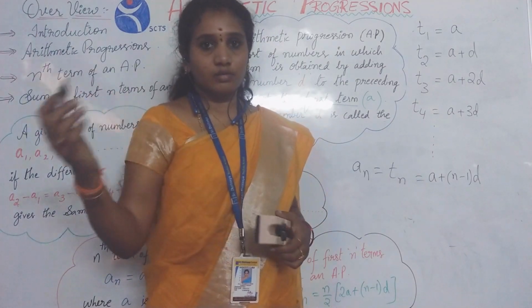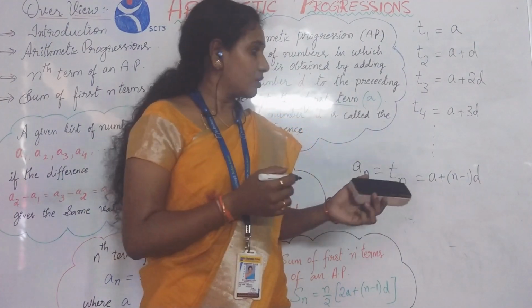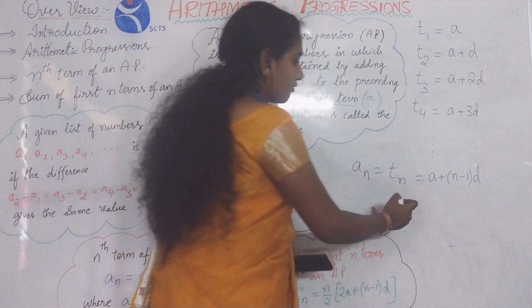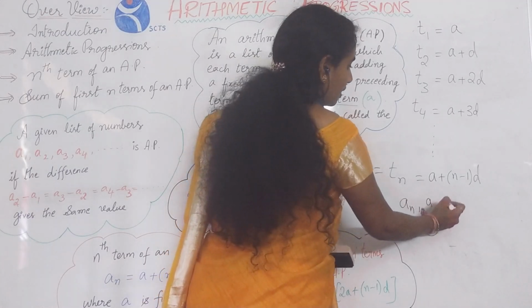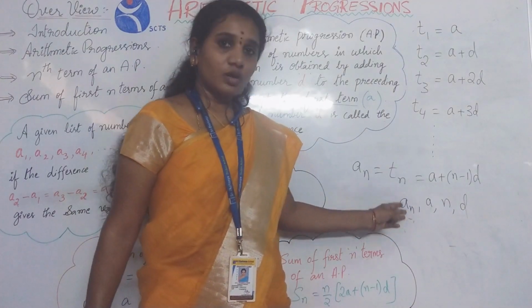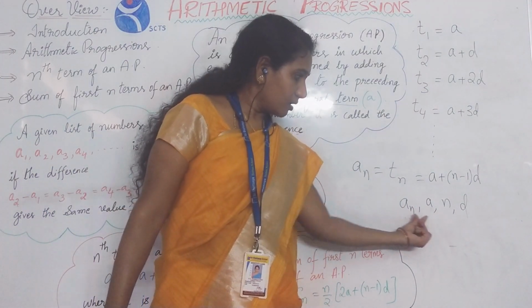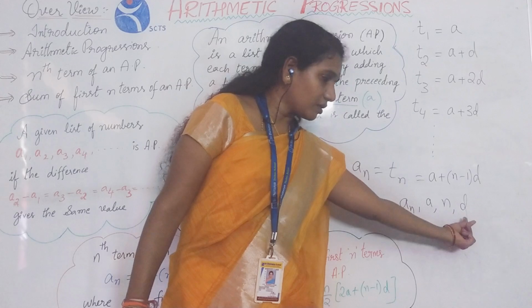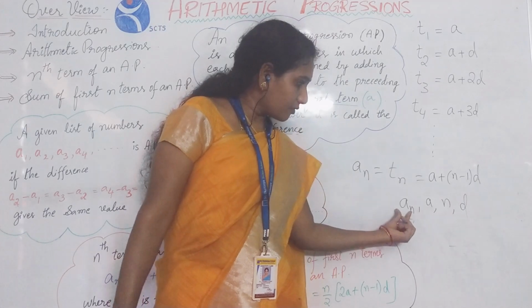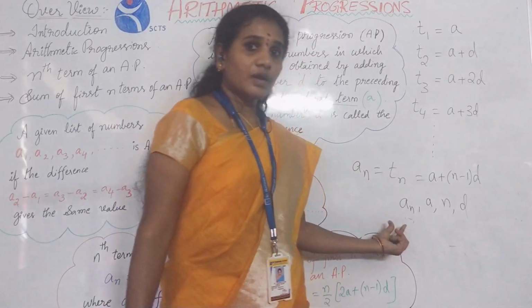You have to relate your word problem to the given formula, to use whether the formula is about n terms or sum of n terms. So here if you observe, you have 4 variables: an, a, n, d. Among these 4, if any 3 values are given, you can find the other one. If an, a, n values are given, you can find the common difference. If an, a and d are given, you can find the number of terms. If an, n and d are given, you can find the first term. And if a, n, d are given, you can find the nth term.